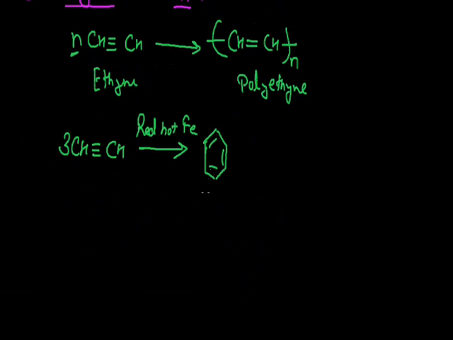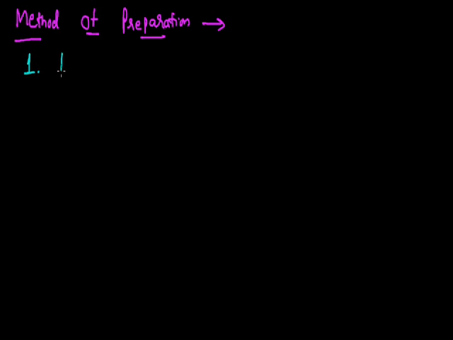If I talk about the method of formation for this compound, that is left here, and now we are going to discuss how we can prepare this very useful compound in the laboratory. So that's our next topic, method of preparation. The very first method of preparation is the lab method, and in the laboratory, or to prepare this ethyne on a large scale, it is prepared by the hydrolysis of calcium carbide. So that is the lab method of preparation.